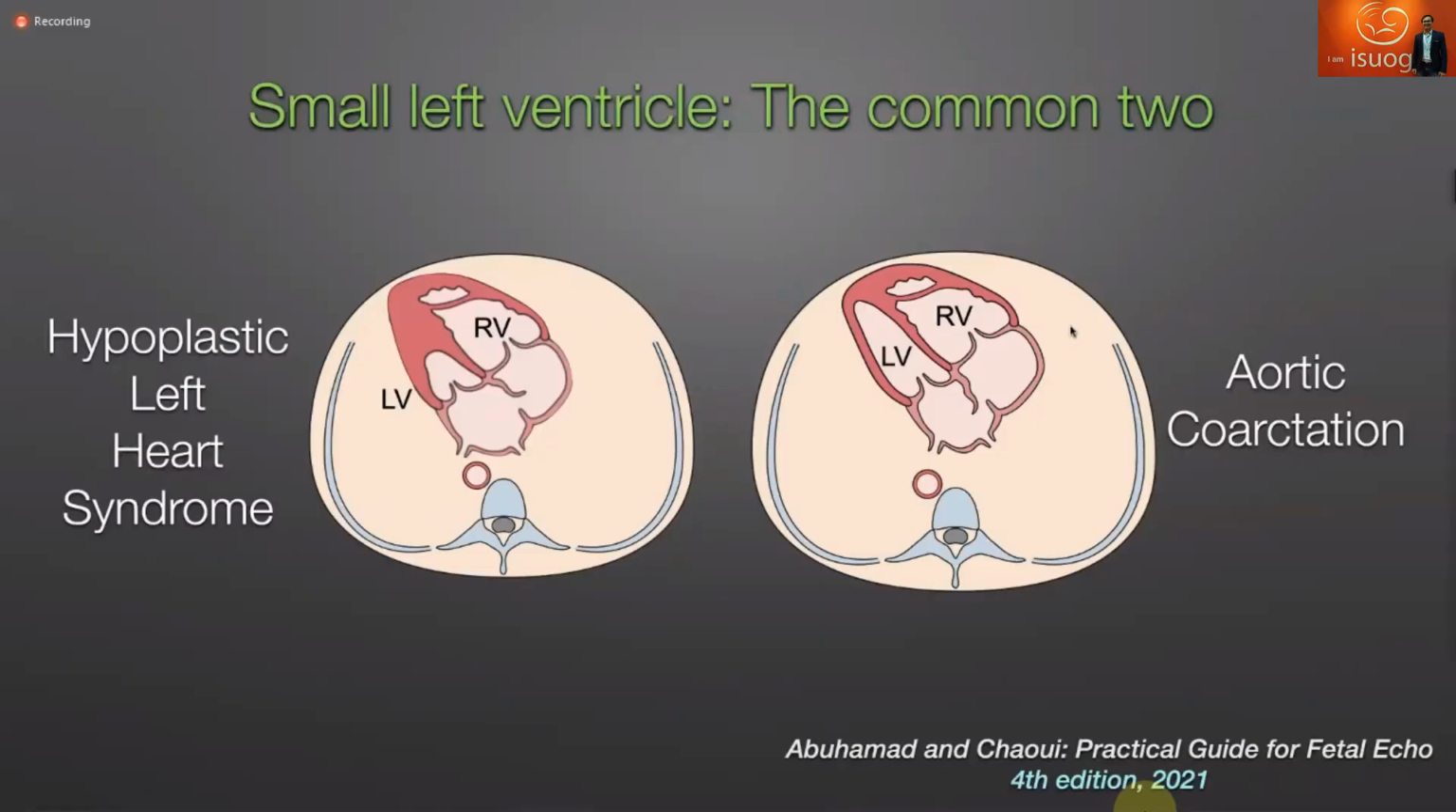Now let's go to the most common conditions. These are the small left ventricle. For the small left ventricle, we have two most common conditions. One is called hypoplastic left heart syndrome, and one is called aortic coarctation. People think if the ventricle is quite small, it is definitely hypoplastic left heart syndrome. But I want to show you, for these very common anomalies, almost 7% each of cardiac anomalies,